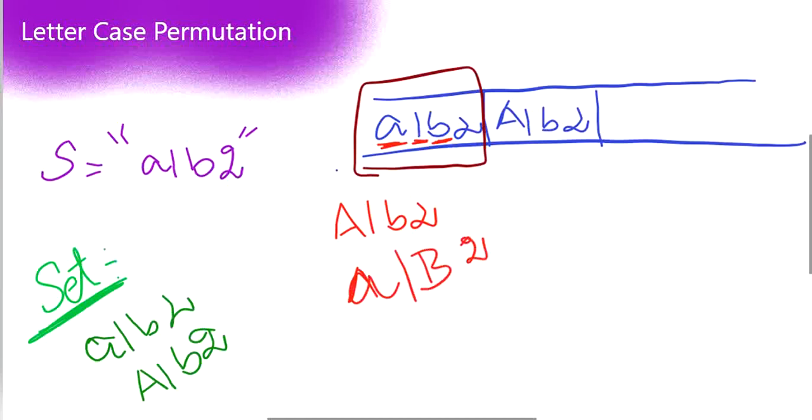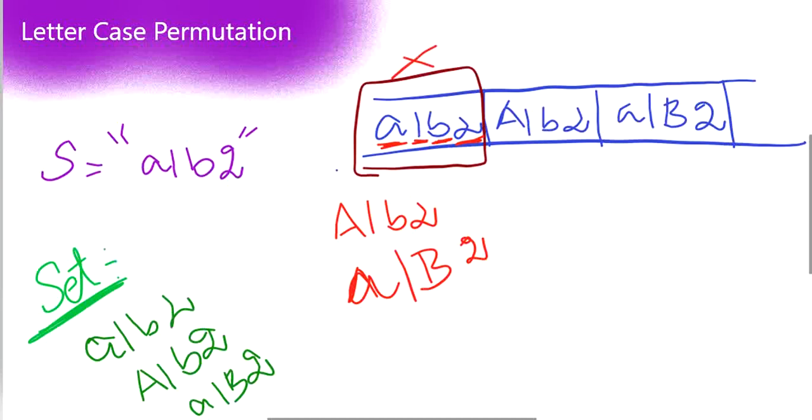So we found a new string, so we're going to add it to our queue and add it to our set. So in this string we are going to move to our last character. It is an integer, so we cannot permute that. So we are done